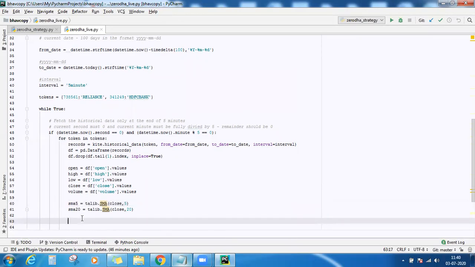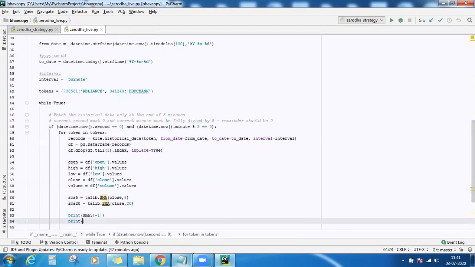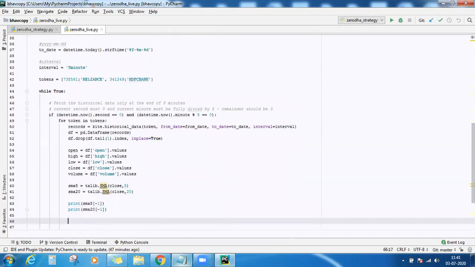So we'll just need to refer to the last value of this array because this is a NumPy array. If you index it from the rightmost corner, you will get the last value. So for that, we'll just need to give the index as -1. If you do -1, it will start indexing from the rightmost corner. If I say 0, it will start indexing from the leftmost corner. So I'll give it as -1, and then you'll be able to see the latest value of SMA.